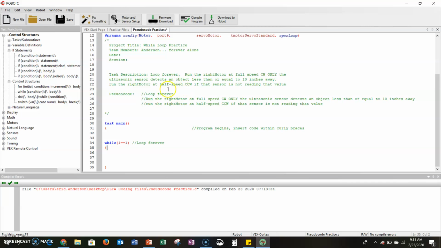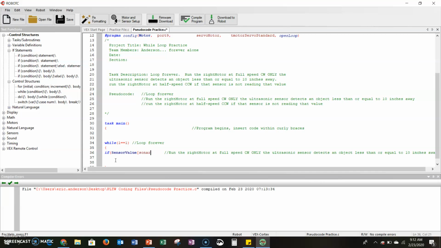And now this is where we get into our if statement. I'm looking for if there is an object that is equal to or less than 10 inches away, I want my right motor to run full speed clockwise. So I'm going to take this little bit right here, paste it in, and start working with my if statement. I'm going to say if, and then my sensor value, just like we did for the while loops: if the sensor value of my sonar, which is my ultrasonic detector, is less than or equal to 10,